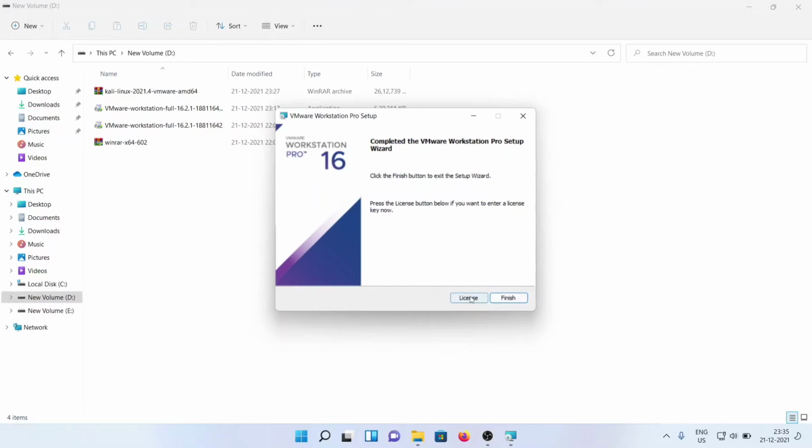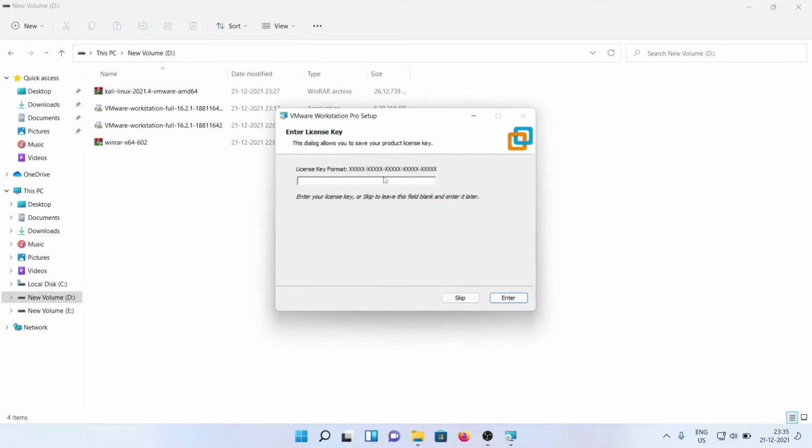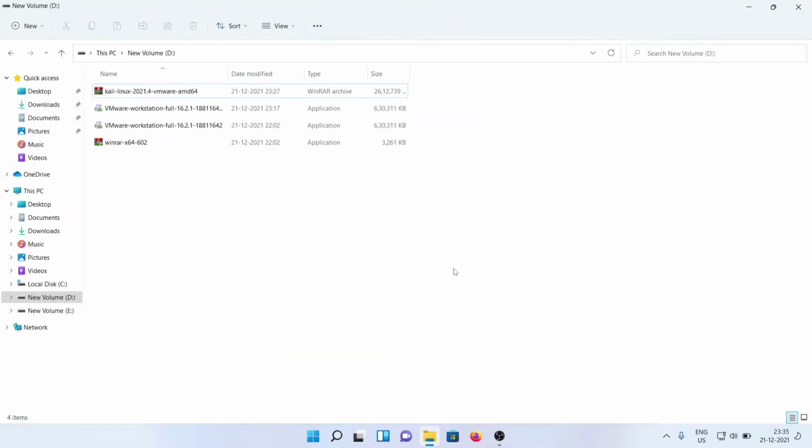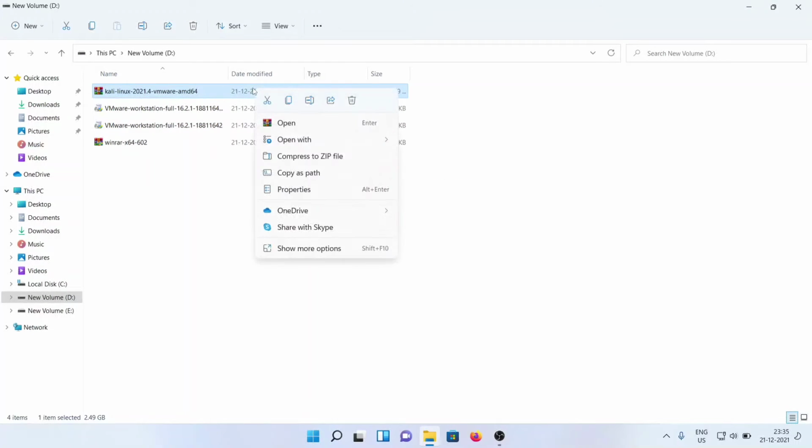Then click on license. Don't worry, I will give a license key in the description. I am telling you first, guys, please don't give space. If you give space, it will not work. Then enter, finish. Now I will extract the Kali Linux,